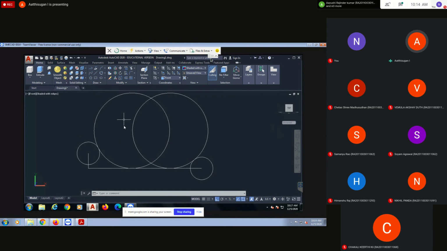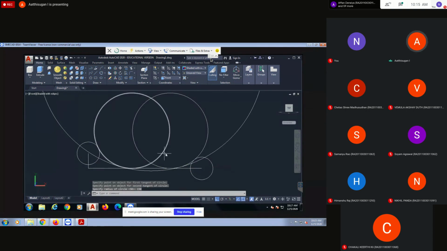Next, again the same tan radius. Select this circle, select this line, radius is 50. After this, same tan radius. Don't select inside. Better select from this area, any one point, as well as from this area, any one point, because these two are large enough. So select here. Now give 150.